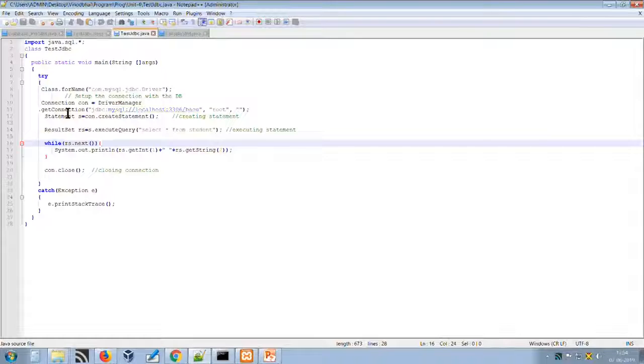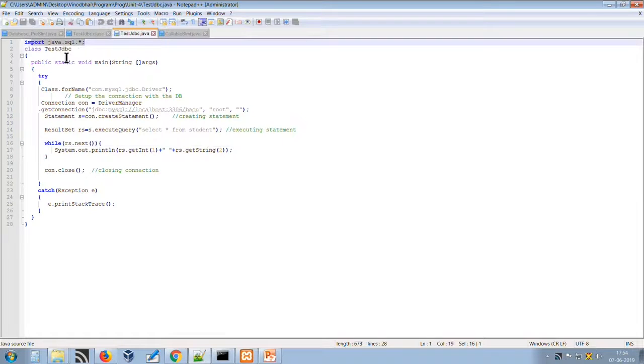Now we will see the same thing using a program. So how do we establish a connection and manipulate data in Java using a program? Let us have a look at the program. This is a simple program we have created just to test the database connection and to fetch the records from the database. First, we have imported the java.sql package. Under that we have written the class definition, then the main method, and under main we have used a try and catch block. It is very important: all the database connection statements, whether it is the driver loading statement, connection creation statement, statement creation, or result set statement, must be in a try and catch block.